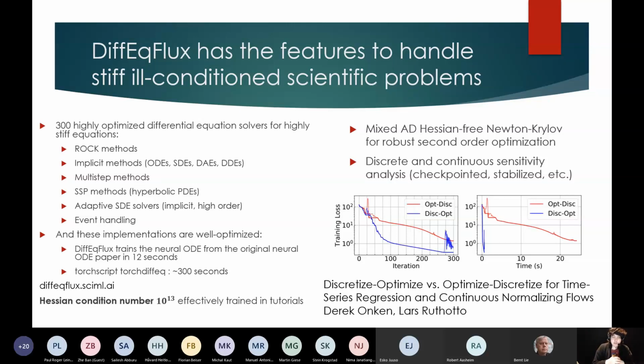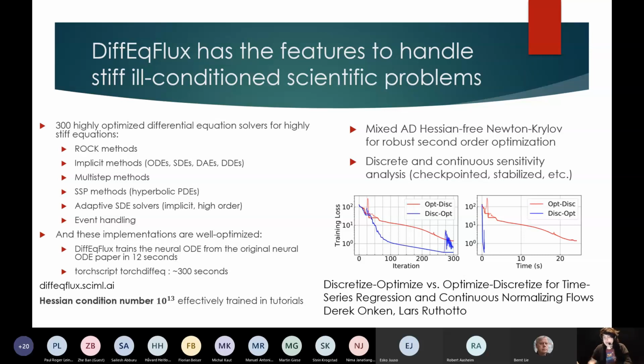And the implementations are very optimized. There's a differential equations library in PyTorch, which has just non-stiff differential equation solvers like an adaptive Runge-Kutta method. If you look at what the difference is in training neural networks embedded into ordinary differential equations, the new library that we have here